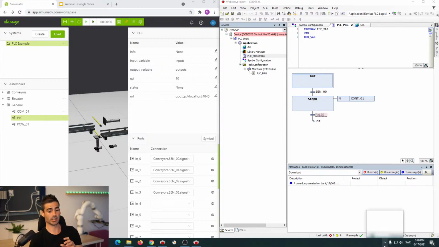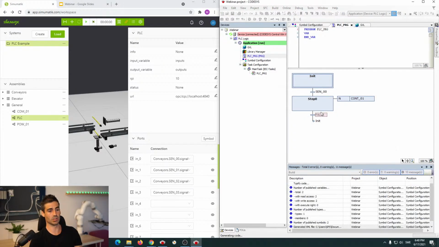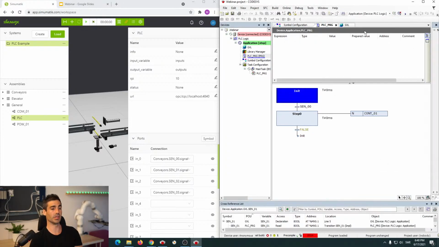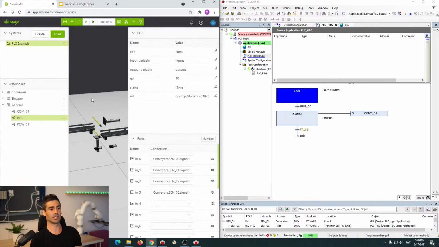So I just started the soft PLC here, just download the program. So now we have this logic inside the PLC. Let's start it and now activate what we call the gateway. This is basically the bridge between Simumatik and any other third-party hardware or software. Okay,